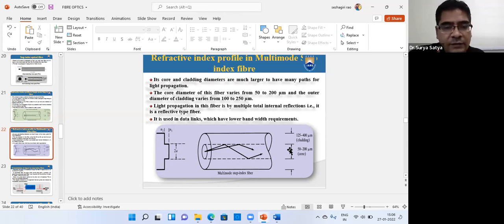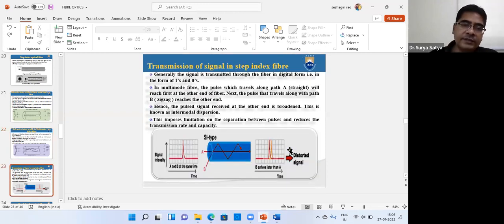That is, it is a reflective type fiber. So that is what is used in data links, which have lower bandwidth requirements. So that is what we call the refractive index mode in multi-mode index fibers. So how is the signal transmitted, the transmission of signal in a step index fiber? How is the signal transmitted in step